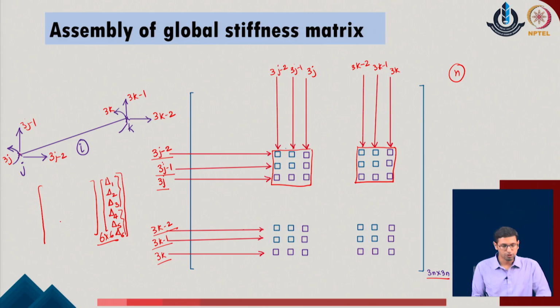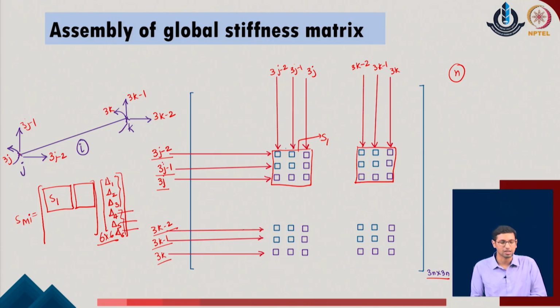So, from the stiffness matrix which we defined for the individual member I of the given system, we pick this first 3 cross 3 system, call it say S1, and we place this in this position, which is corresponding to the first 3 degrees of freedom of the given system. Similarly, corresponding to the second component which is over here, we realize that these are the contribution with respect to the same rows of delta 1, delta 2 and delta 3, but these are getting multiplied with the columns of delta 4, delta 5 and delta 6 of the given system.